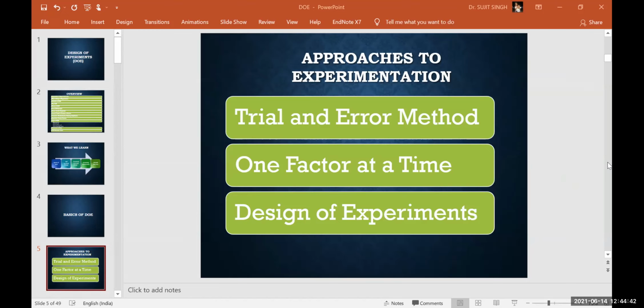Without compromising the output results, whatever information you get from changing one factor at a time, and from performing the full factorial, thousands of experiments, that can be done in a very small number of experiments. And the same information you can get by using the design of experiments concept.